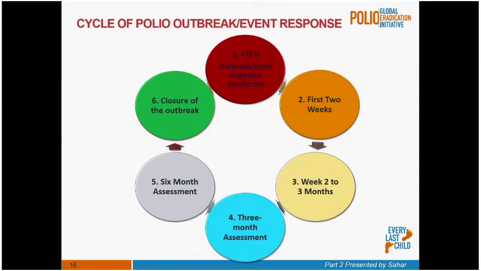And that leads us to the next important timeline, which is the 3 month assessment, or what we call the OBRA. The outbreak risk assessment gives us an indication of whether the country is on track or not, whether they are progressing towards interruption or not, and what extra measures need to be taken correctively to ensure that we get back on time. Moving on, by 6 months, a second OBRA is organized by external teams who are usually outside the program, who can give a more critical eye to what is working and what is not working.